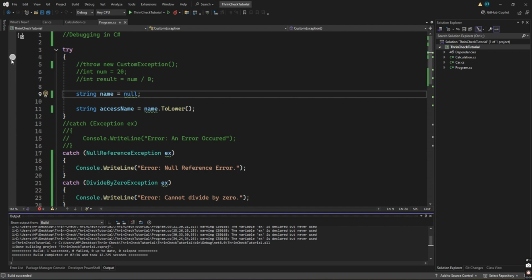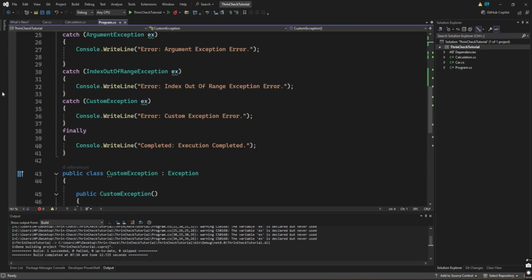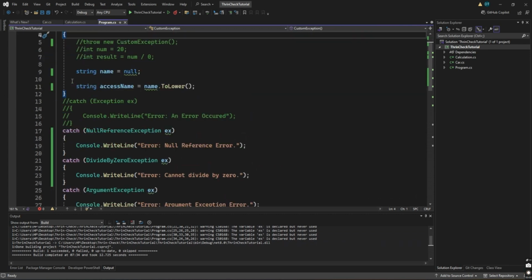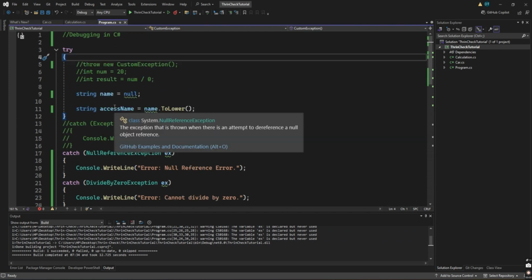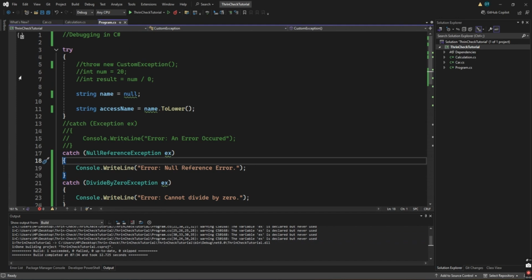If you want to pause the execution at the try block here, you can put the breakpoint there. If you want to pause only at the catch block, where we catch the null reference exception, because this will give us a null reference, you can put it here. If you want to pause from the beginning of the code, you can put it here. Once I run this in debug mode,